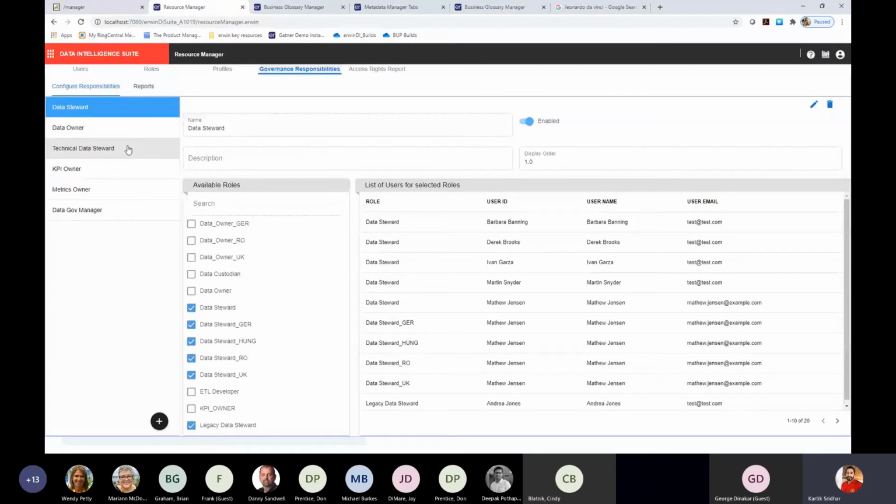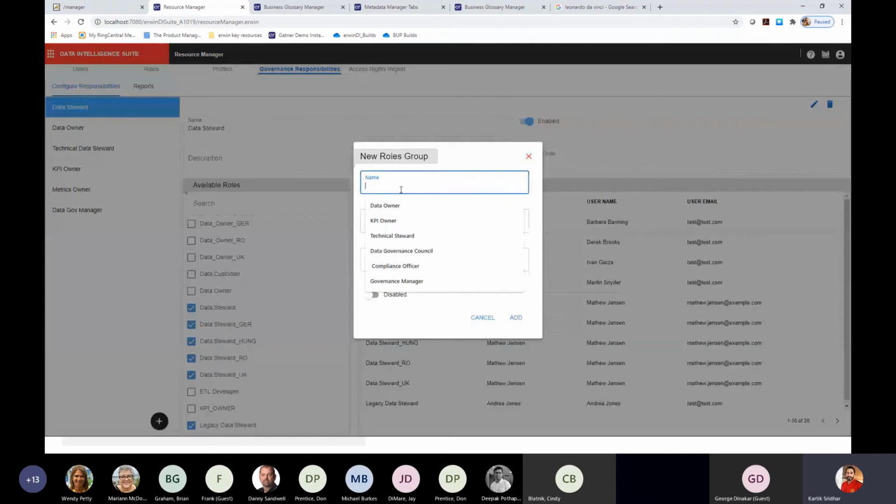Or let's say you're creating a separate repository of KPIs, and for the KPIs, you want to have a dedicated governance role called KPI owners. Or you're creating another repository for metrics, and you want to create another role called metrics owner. You now have the ability to create any data governance role on the fly over here. So you can click the button here to add a new data governance role. So let's say this is called a compliance manager, for example. Let's say for every asset, I want to mark who the compliance manager is. I can create a compliance manager as a data governance role over here.